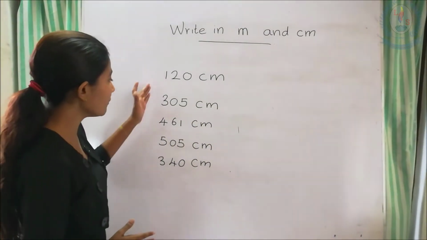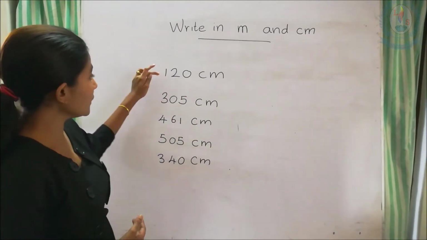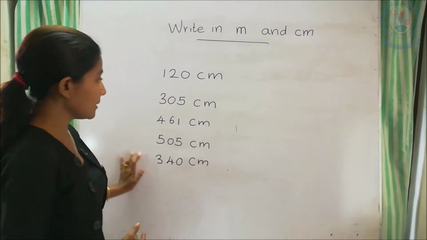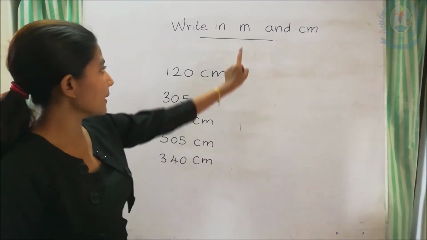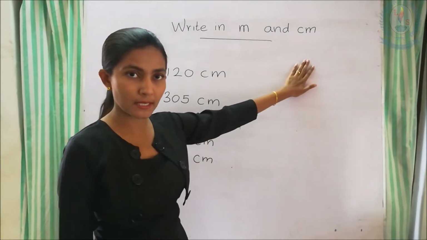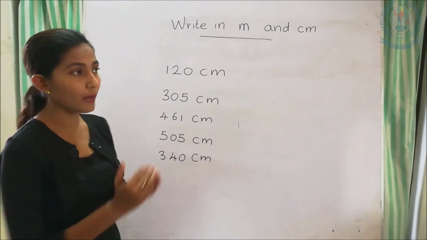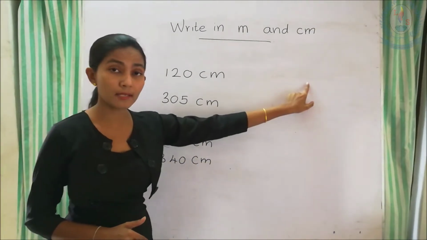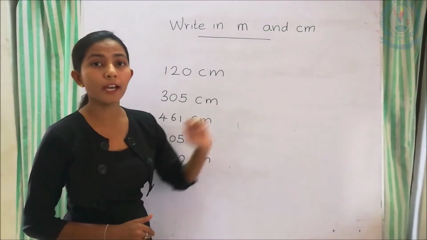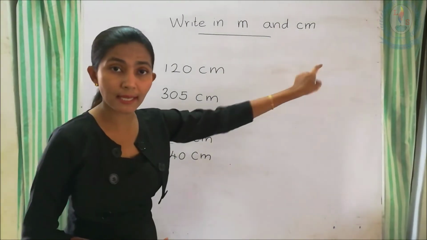Right, now we will practice some 5 questions. You all have to write these. I have given them in centimeters. You are writing these in meters and centimeters as I taught you. Listen to the sound of the number, break it, get the answer and write the answer in front of the question. Write it in meters and centimeters.